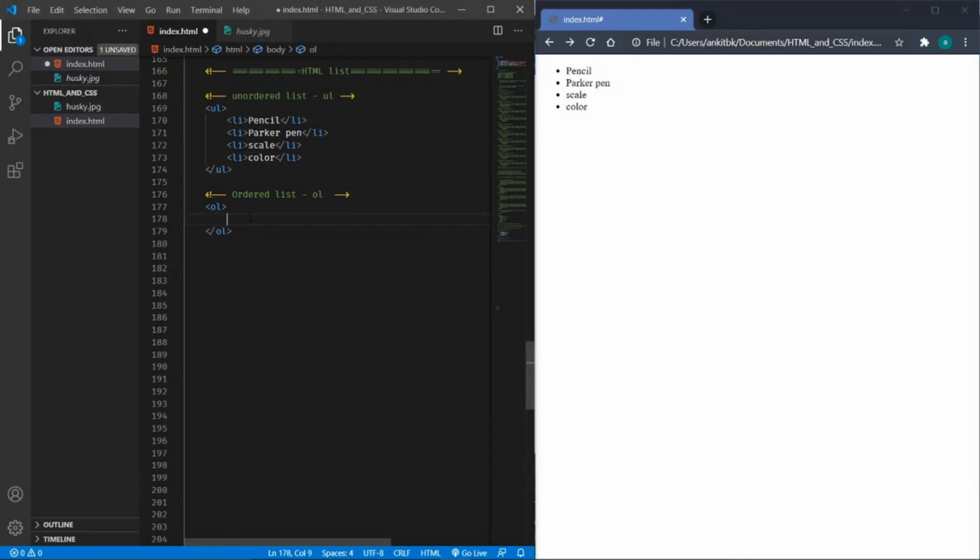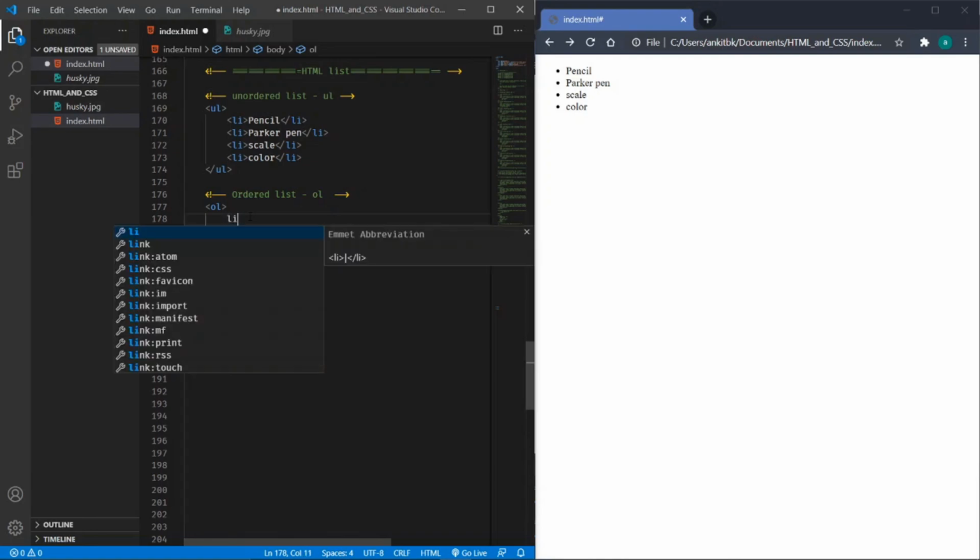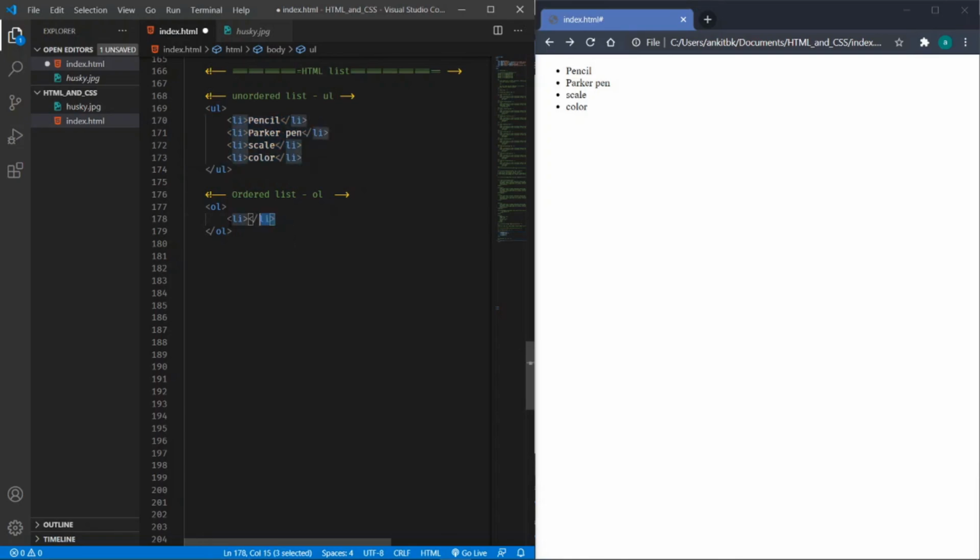Similarly, there is an ordered list also. When we enclose the list tags in an unordered list tag, that whole list is known as the unordered list. Similarly, I will copy this section into the ordered list and we will have a look at how it looks in the browser. As I've told, it maintains a specific order, and for maintaining that order it uses a numbering system.